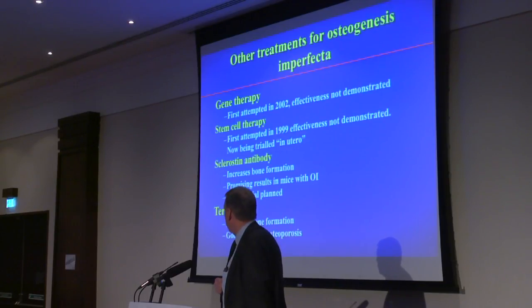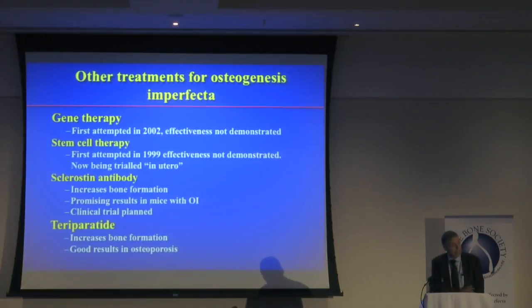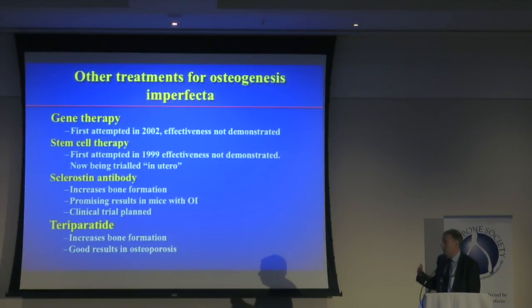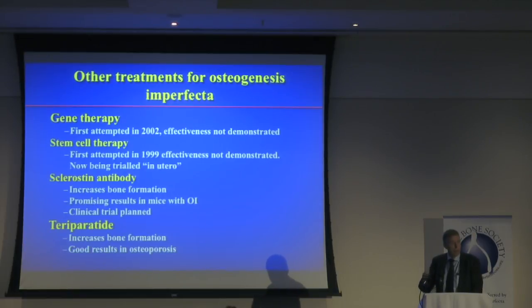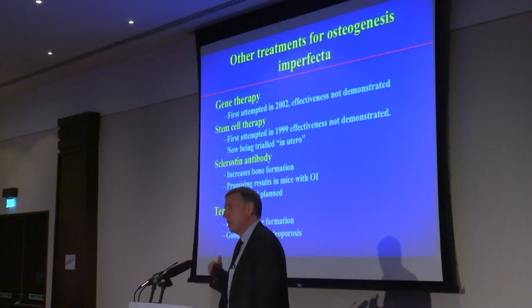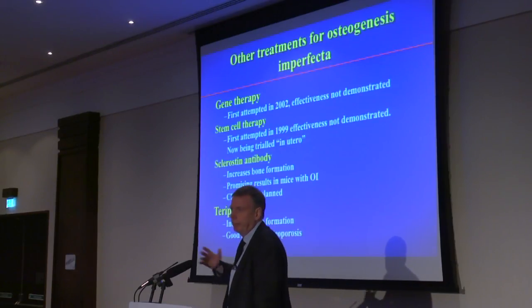There was so-called stem cell therapy. That was tried in 1999, many years ago, nearly 16 years ago, and then nothing happened. Although many of you may know there's now a stem cell treatment being trialed very soon for babies with OI, even before they're born. So obviously it's something that might be beneficial, but we don't know. It's very early stages. There's another drug called sclerostin antibody that forms new bone. It's an anabolic drug. That has shown some promising results in mice with osteogenesis. And there is a clinical trial probably coming, but not yet here.